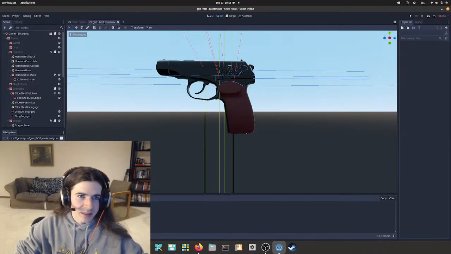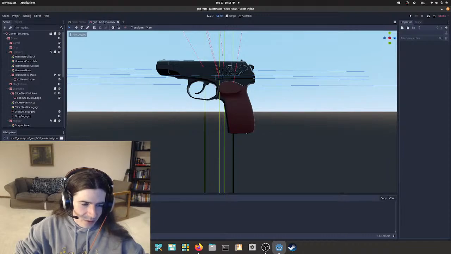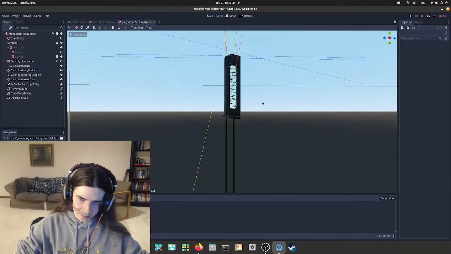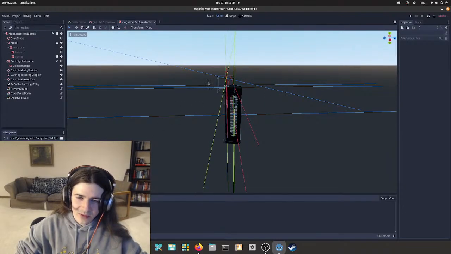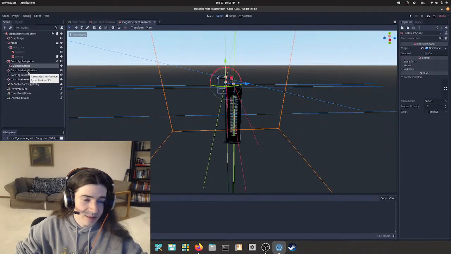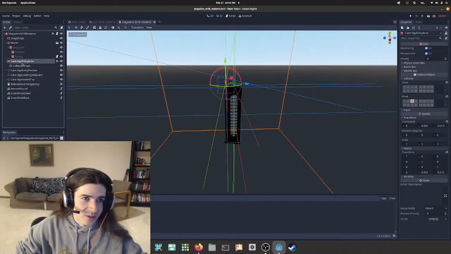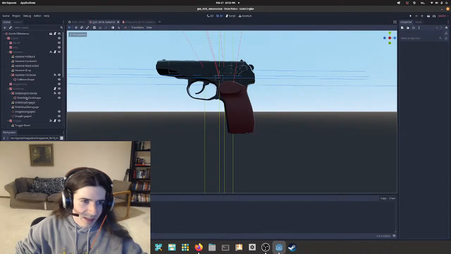So we can even just use the magazine as a bit of a template here. So this is the transfer hitbox right there. It's called cartridge entry area. And so we're going to do the same kind of thing here.